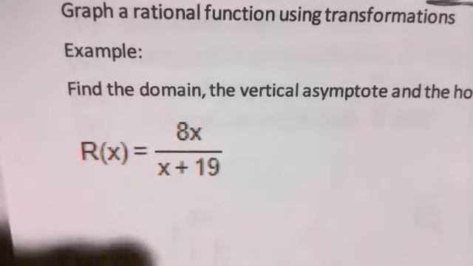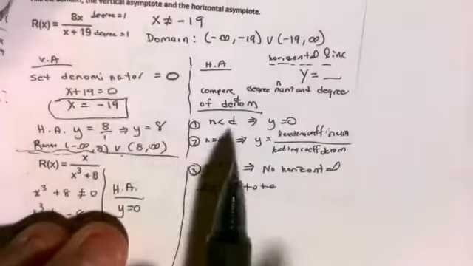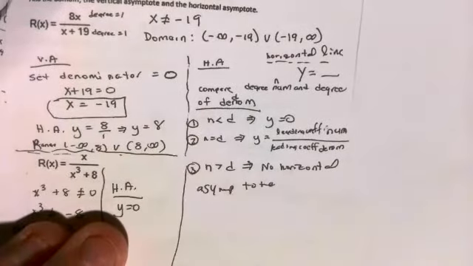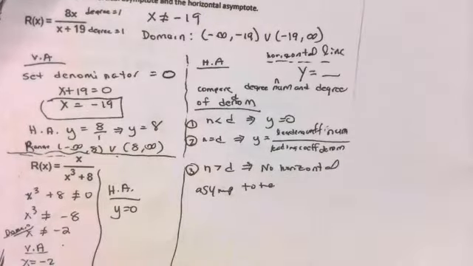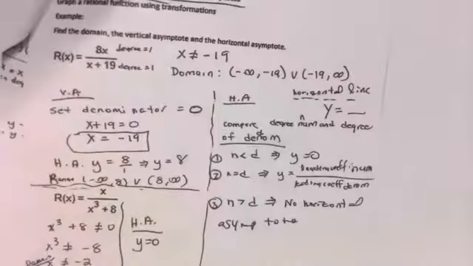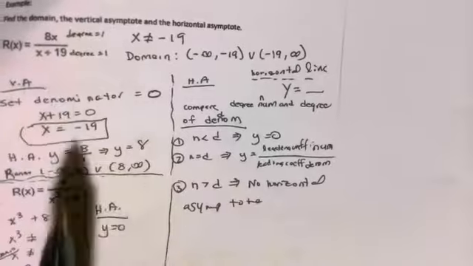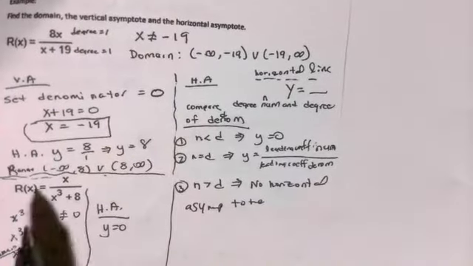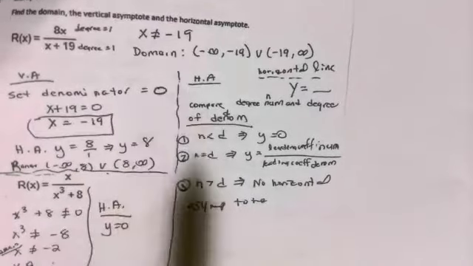Okay, so in this example, we were looking at the horizontal asymptote in this case, because the degree in the numerator is 1 and the degree in the denominator is 1. So we take the leading coefficient in the numerator divided by the leading coefficient in the denominator. So here's just where I wrote out those three cases. So the horizontal asymptote in this case is going to be y equals 8 over 1. So y equals 8. And then the range, you could graph this to see it, but what happens usually,